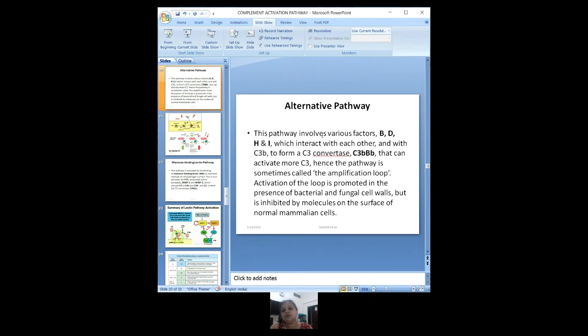So the alternative pathway involves various factors such as factor B, factor D, factor H and factor I. Factor B and factor D are important here. So in the first step, C3 is converted to C3b and factor B by hydrolysis. Then in the second step, factor B is cleaved into Ba and Bb factors by the involvement